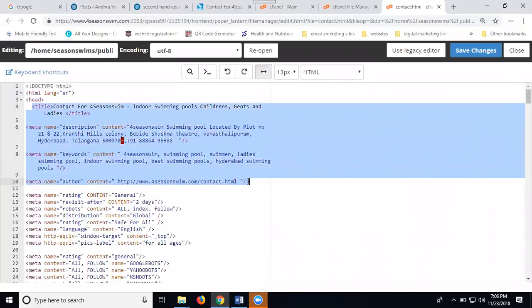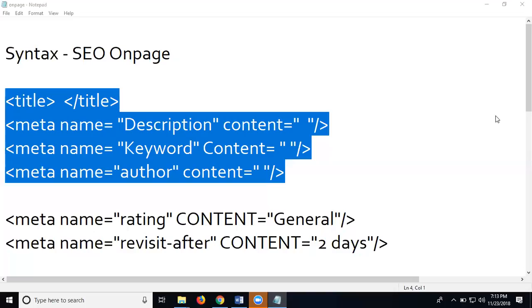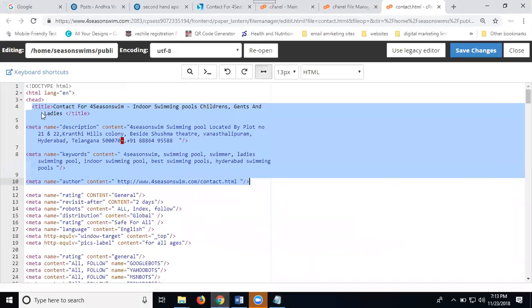First, go to cPanel, select your proper File Manager, public_html, select your pages, click edit, change your title, description, and keywords based on your website requirement. This will be done by your developers. Your task is only writing the title, description, and keywords based on the coding. Please write down the coding. So once this code is written for on-page, we can optimize each website with title, description, and keywords.